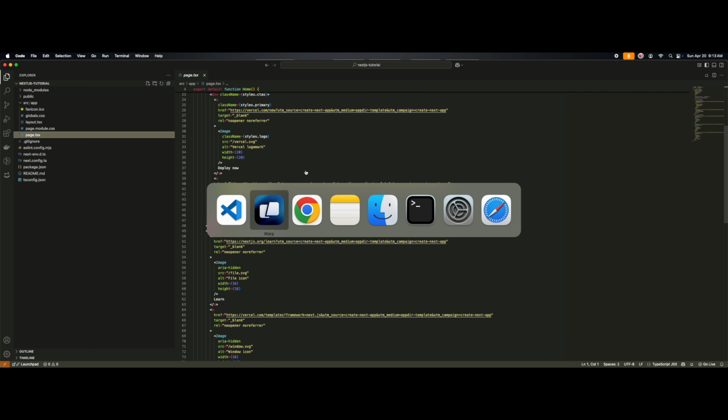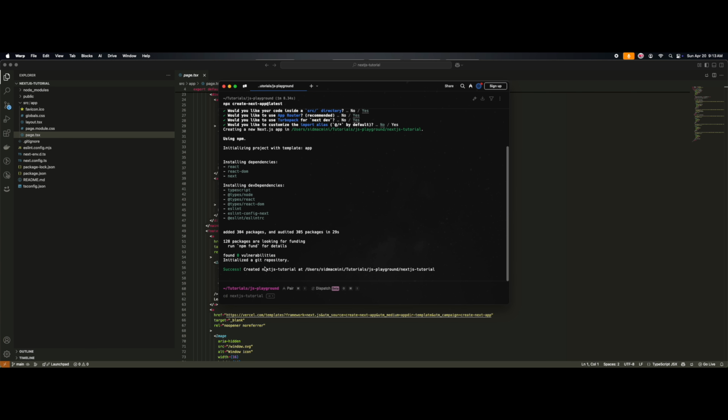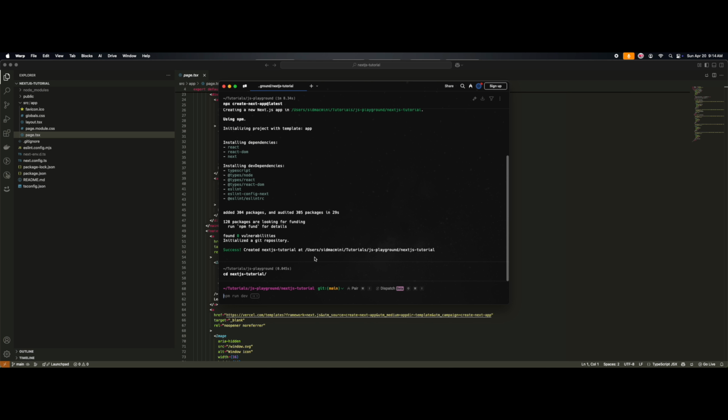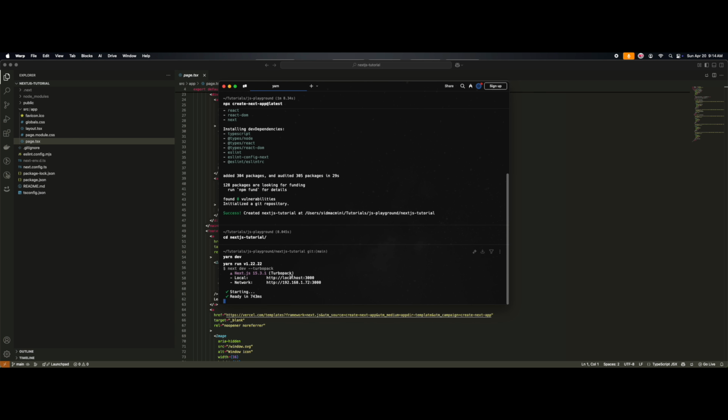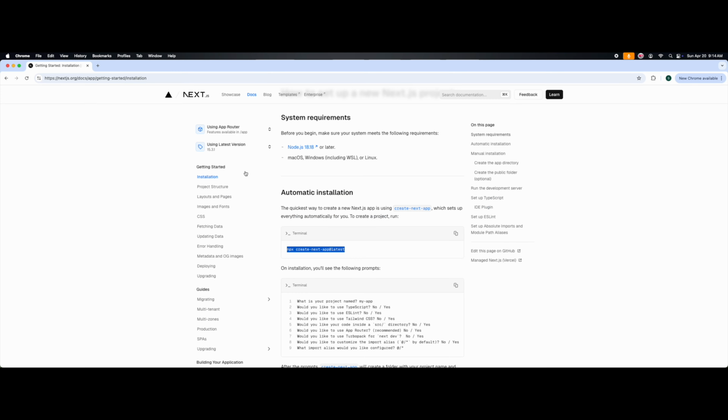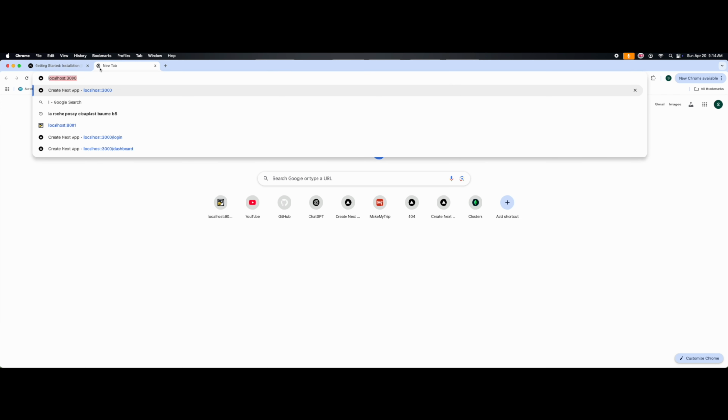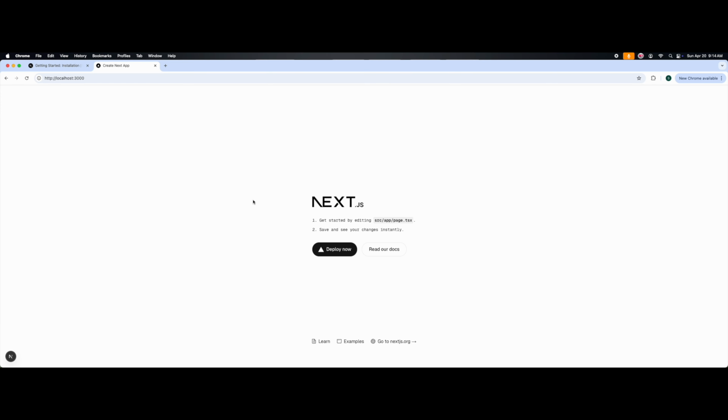So now I will go here, and okay, it has finished installing all these dependencies. So I'm going to go inside this Next.js tutorials, and I'm going to do yarn dev, so to start my web server. And okay, so it is started. It is available at localhost 3000. I can go here, open a new tab, localhost 3000, and this is the default